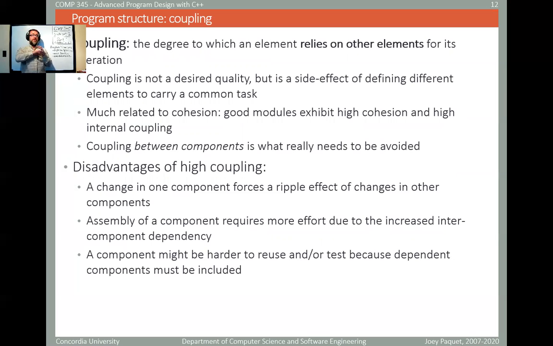The more coupling you have across components, the more it means that when you change a certain component, you will have to change all the other components that rely on it. So you want to reduce coupling, and when you define a certain component, you want to make sure that all that pertains to the goal of this component is localized here, and that as much as possible it does not also